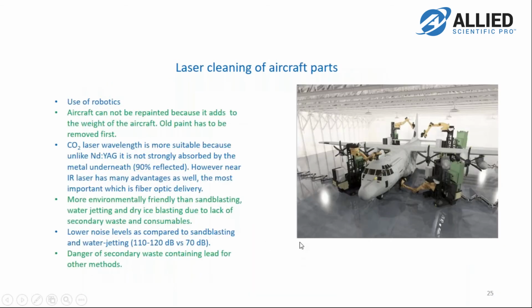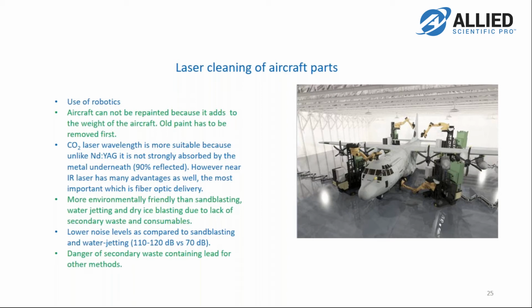This one I'm going to skip. Laser cleaning of aircraft parts. So one question is why can't one just paint over the existing layer? Simply because it would add weight to the aircraft. So one has to remove the old paint and then